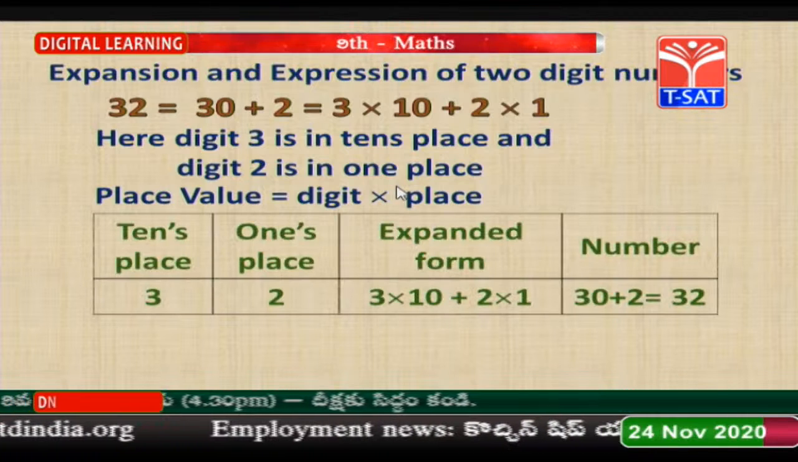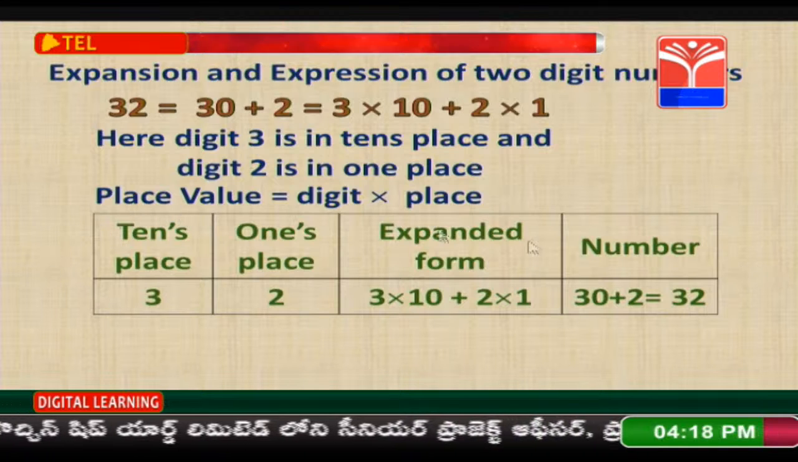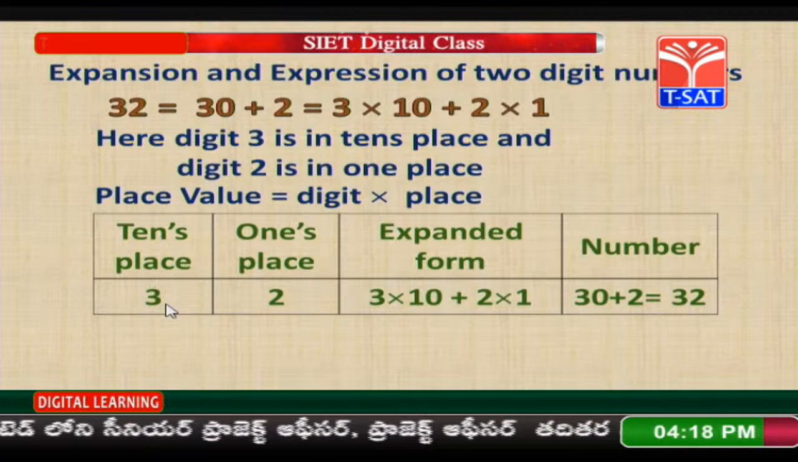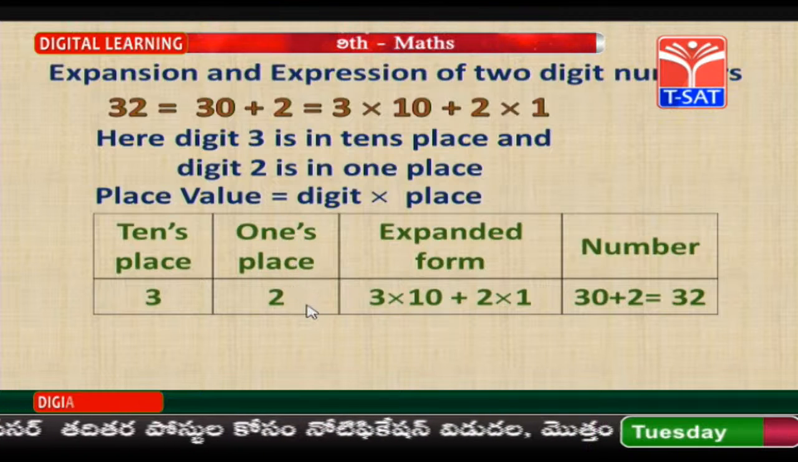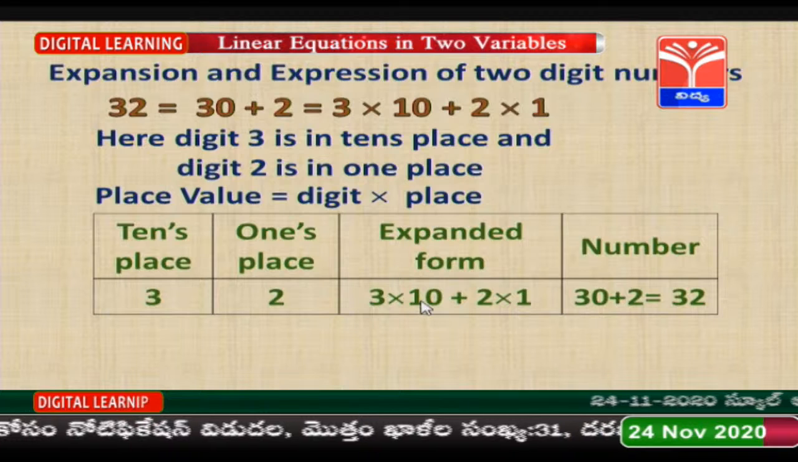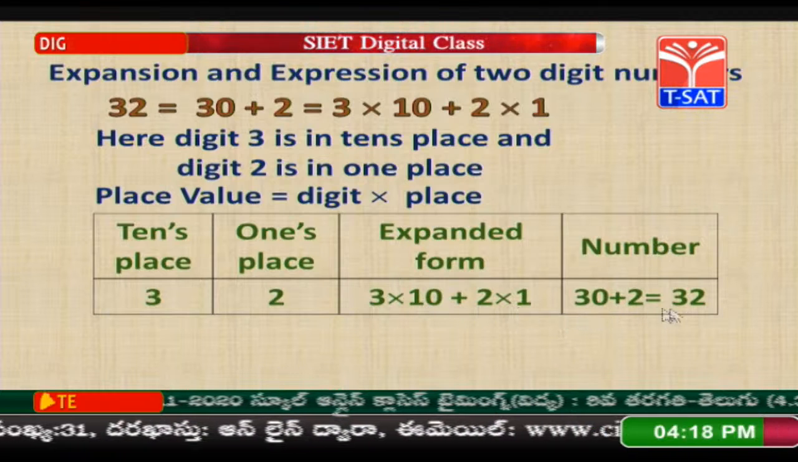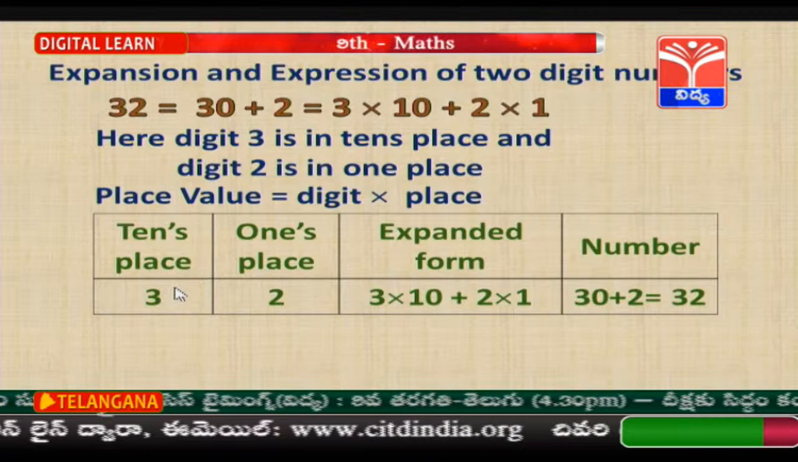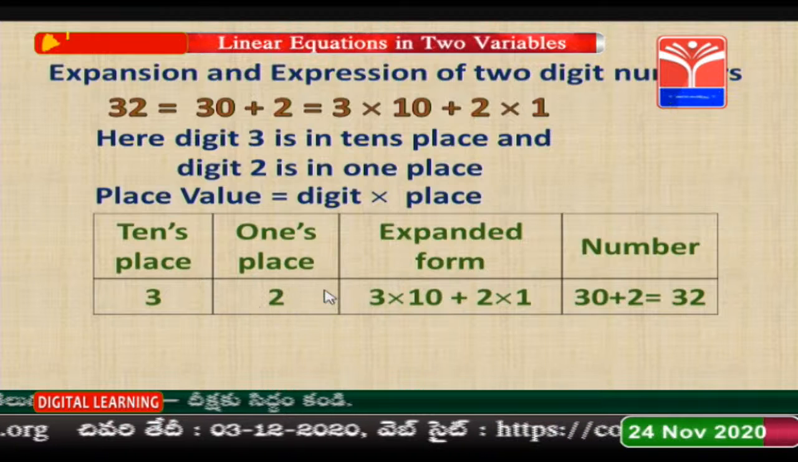Now, let us see here. This is the tabular form. In tens place what you have? 3. In ones place what you have? 2, that means units place. So, expanded form 3 into 10 plus 2 into 1. What is the number here? 30 plus 2, how much is it? 32. Suppose in place of this 3, if I have x, and in place of 2 if I have y,